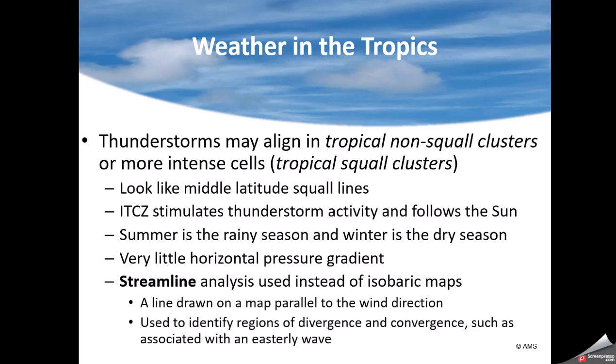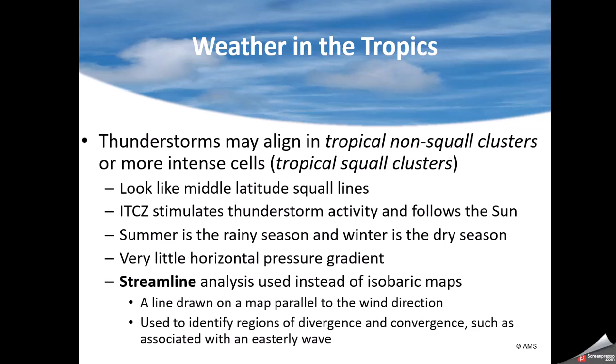In the tropics, thunderstorms do develop. They develop from the intertropical convergence zone. Sometimes there are minor disturbances in the atmosphere that trigger them, and they even kind of look like mid-latitude squall lines. One of the interesting things about the analysis that's done in the tropics, instead of using isobars, we use